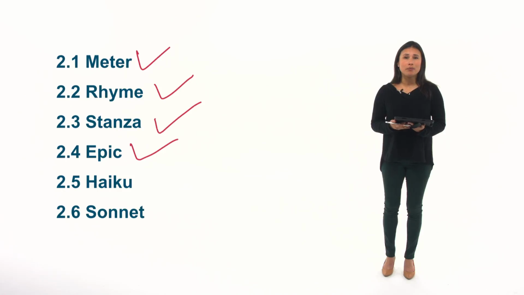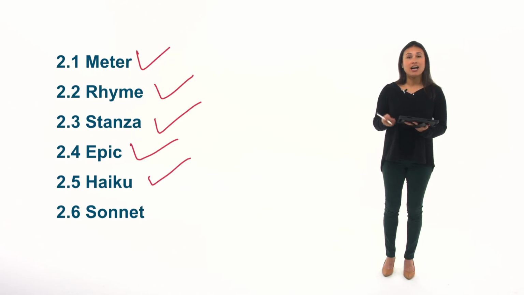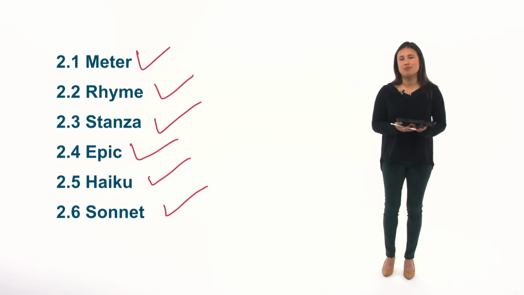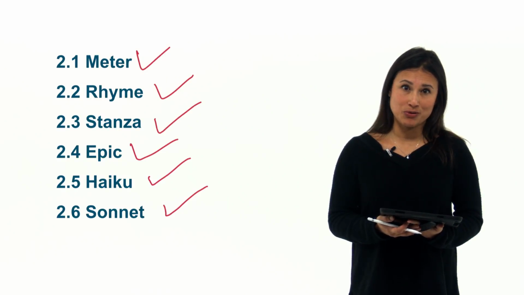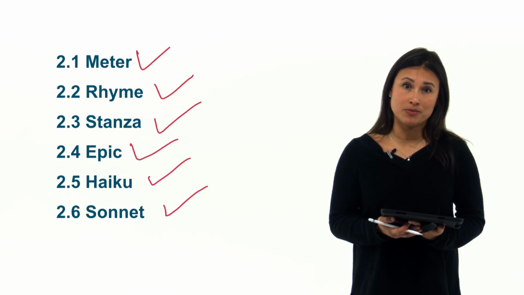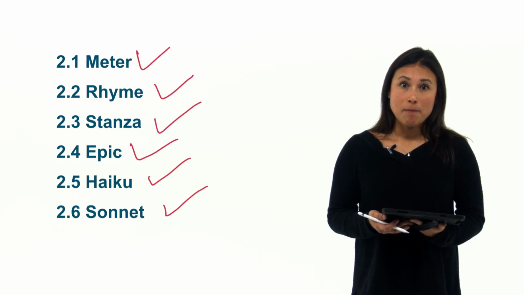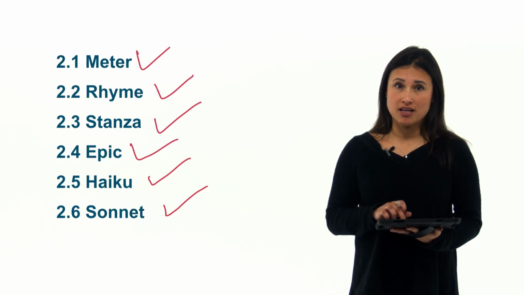What is an epic poem? A huge poem telling a story. It involves all of the elements that we discussed before. A haiku, quite the opposite of an epic, is a much shorter poem, usually coming straight to the point. A sonnet, you may also be familiar with this word. Shakespeare wrote so many, so did many other poets. But there's a very specific form to sonnets that you will learn.